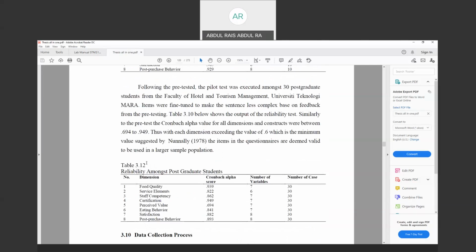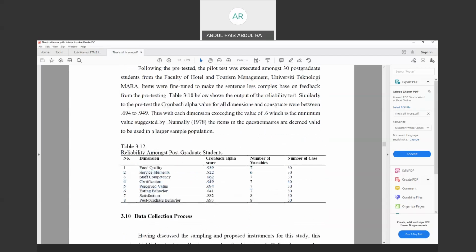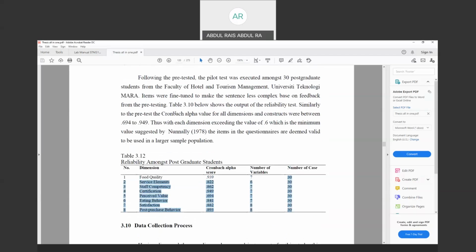Sorry, this table 3.212. Kita sini macam mana report. Following the pretest, the pilot test was executed among 30 students. And the value recorded was well above 0.93. In this case, 30 respondent and tengok setiap satu dimension from food quality to post purchase behavior. Semuanya tinggi belaka. So style report sini, kita tahu table apa, report apa,